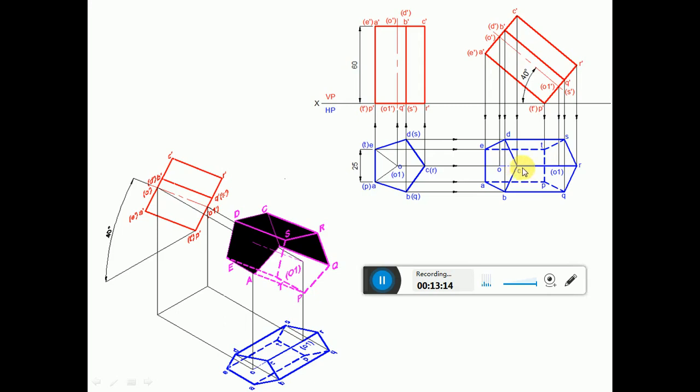Once CR becomes visible, then what happens? PT is the edge which is crossing that line CR. Since two visible edges can never cross each other, PT is going to become invisible. Similarly, ET will also become invisible because CD is visible and CD is crossing that edge ET. So naturally ET becomes invisible. Similarly, apply the same rule to BC also, wherein AP is crossing the visible edge BC. So obviously AP becomes invisible.